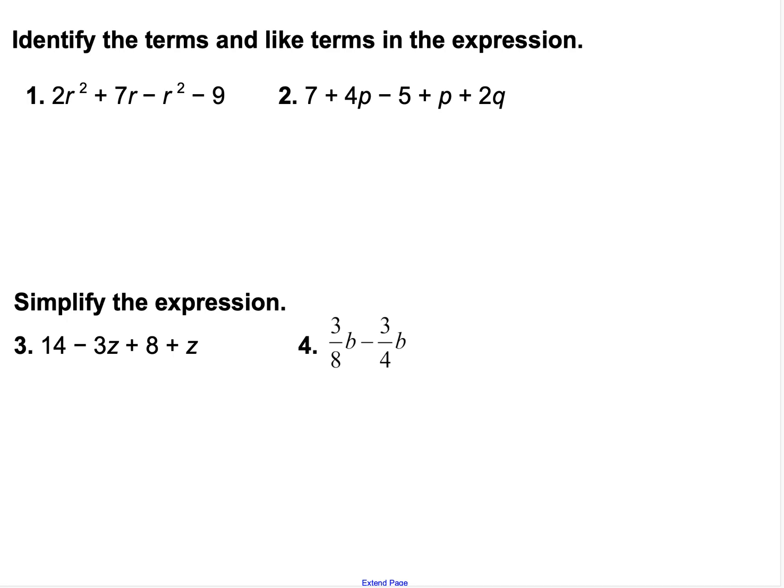So for problem number 1, first thing I need to do is list the terms. I'm going to start by doing my boom booms. I'm not going to forget about those negatives in front of the r squared and 9 as I make my list. 2r squared, comma, 7r, I'm just replacing my plus signs with commas, negative r squared, comma, negative 9, and then my like terms,